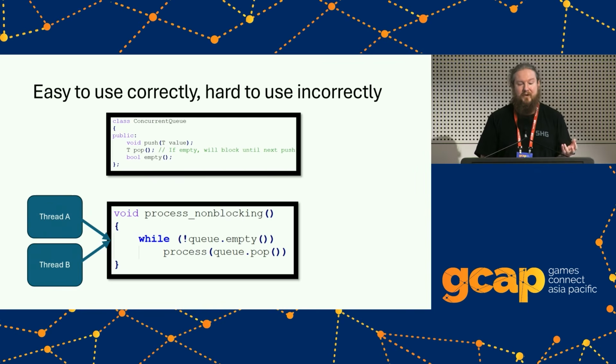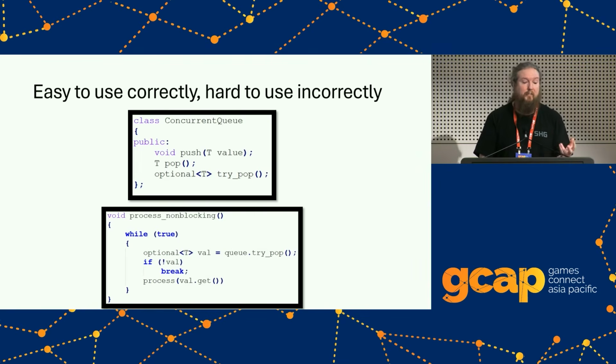So a better interface for this is actually to use try functions to make it so we've got something there to try and pop that, and if it popped it, then we return a value in an optional. And this little change means that we can write that process non-blocking. It'll be safe to use, and someone's not going to incorrectly use the interface because they don't think of concurrency at the same level that I might think of it.